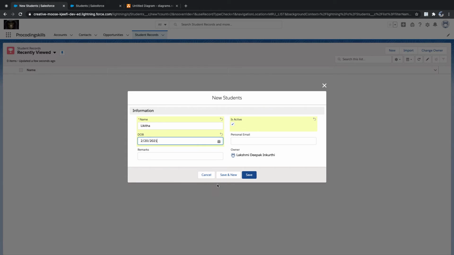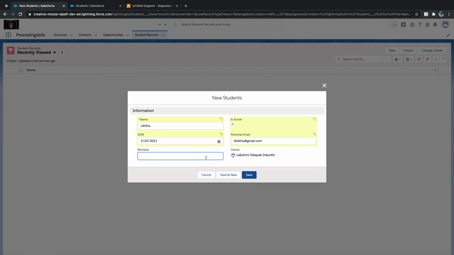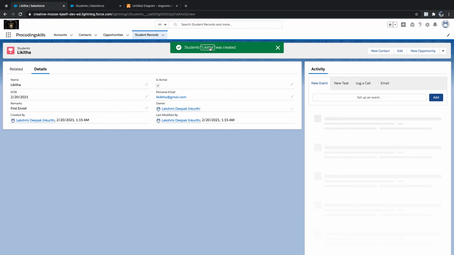Where you left. And I signed. That's it. That's where we are left. And I was trying to open and it takes a long time to open my page also. First enroll. So I saved it, okay. I saved Ligita as a student.